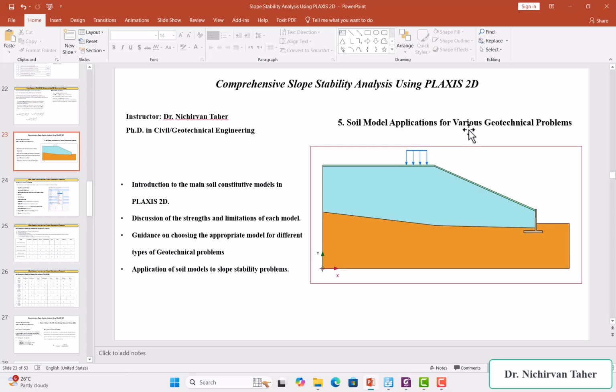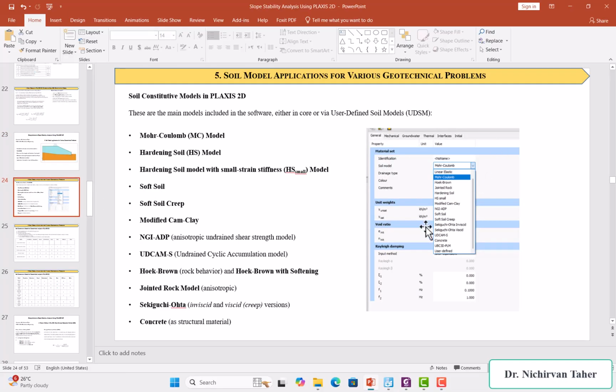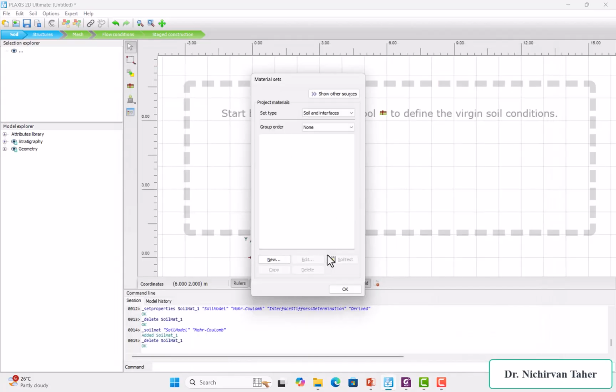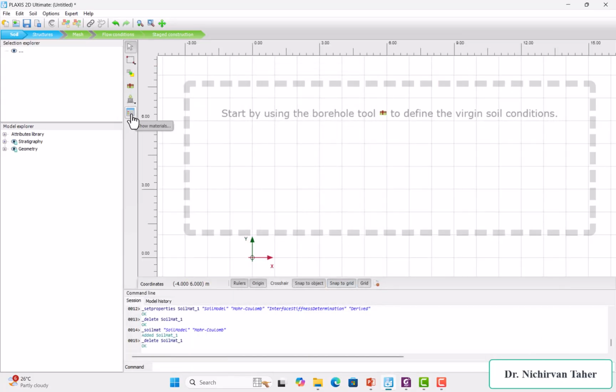So if you remember, in the previous two tutorials we talked about the Mohr-Coulomb constitutive model and also the hardening soil model. However, there are many soil constitutive models available in PLAXIS 2D. So in this tutorial, we will shortly talk about these constitutive models and the suitability of these models for different types of geotechnical problems. So when we open PLAXIS, in here we have show